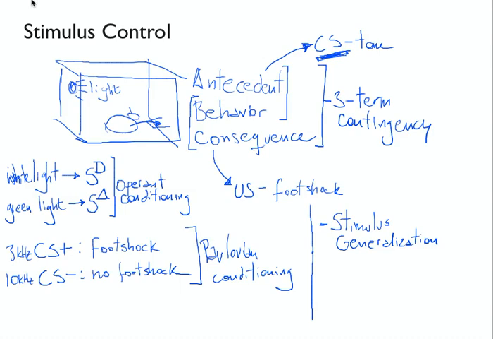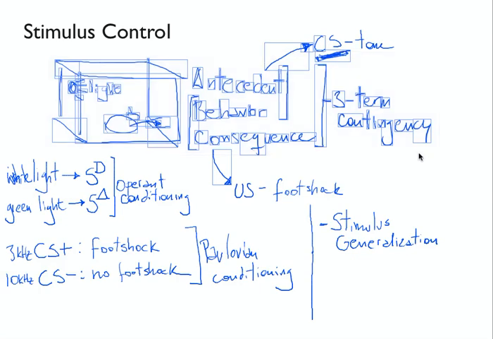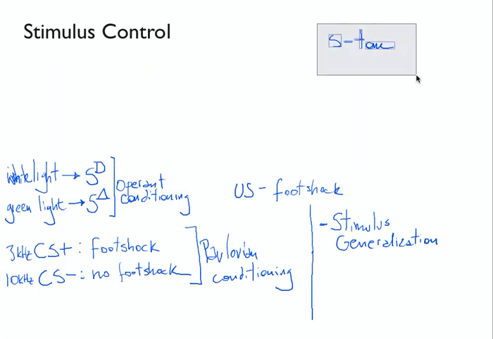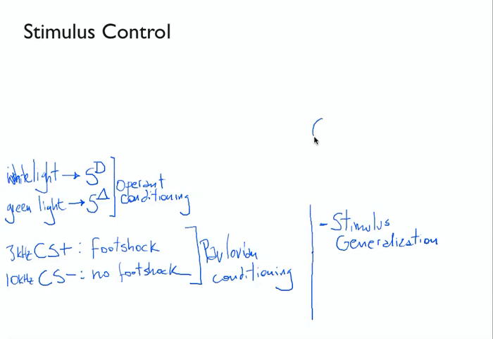Let me erase this part so I can make some space. So a typical example is used actually from a classic experiment is, suppose that we're talking about a pigeon that is trained to peck on a circular key. Key is like an elevator button that has a vertical light in the middle.